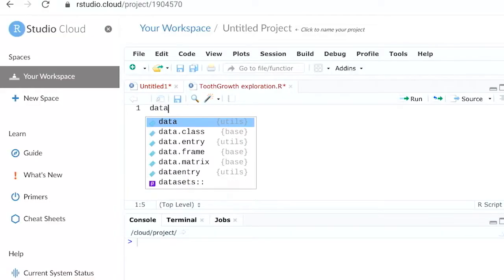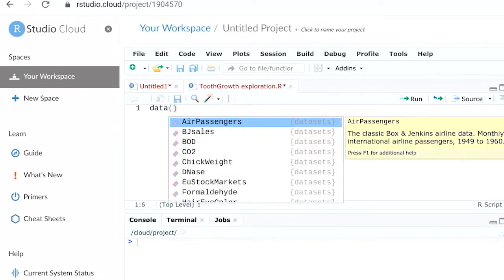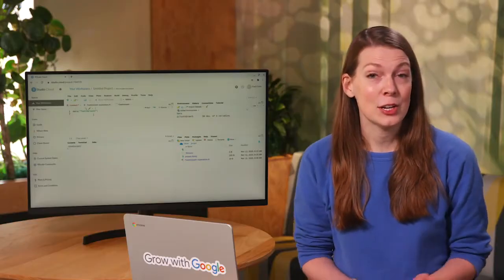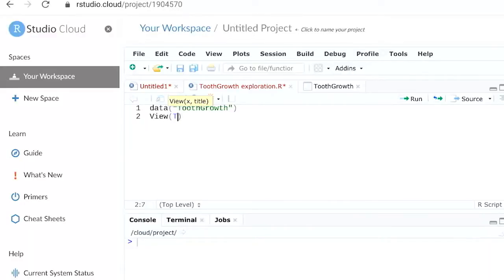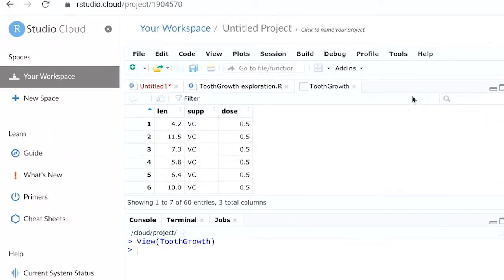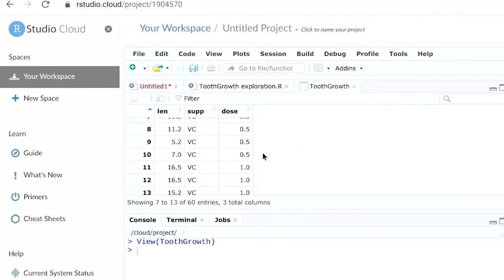To load any dataset already installed, we use the data function. We then add the name of the dataset, tooth growth. Now that the data is loaded, we can check it out with the view function. Notice how view begins with the capital V. It's a good reminder that functions and variables are case sensitive in R. In a script, we use the Run button to run our code. The return usually shows up in the console, but with View, a new tab appears in the script showing the